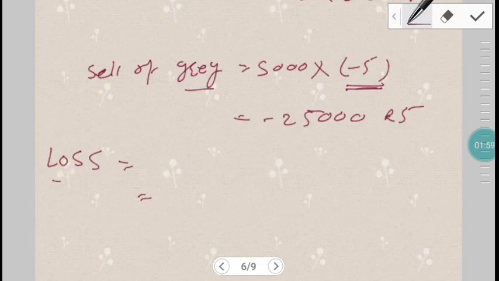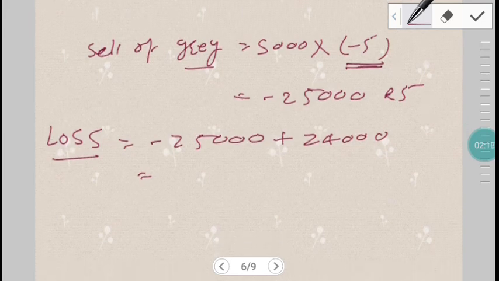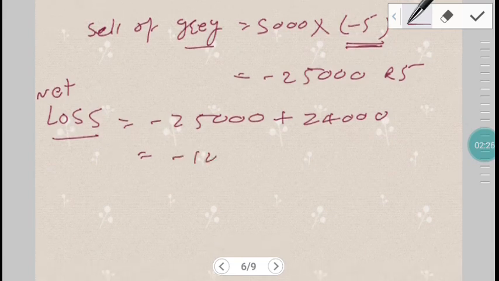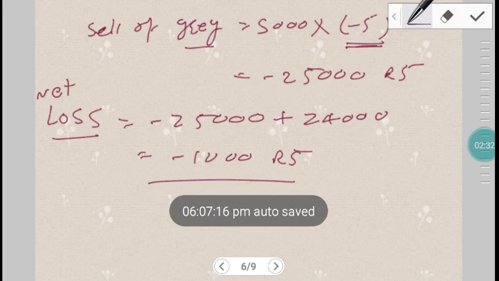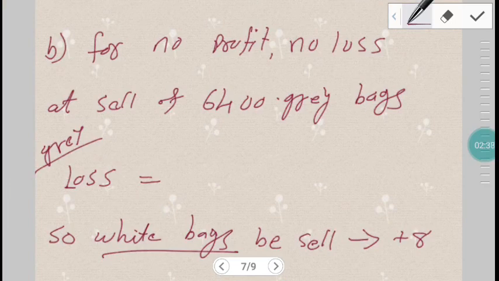Simply they will suffer loss because the loss amount is higher than the profit. So minus 25,000 and 24,000 rupees was profit. So net loss, we can calculate this, so you will find here minus 1000 rupees in loss. So by doing this they have to suffer a loss of 1000 rupees. In the second case,